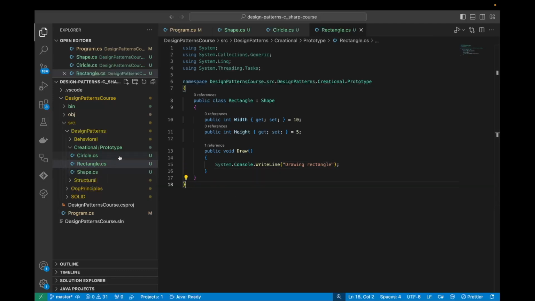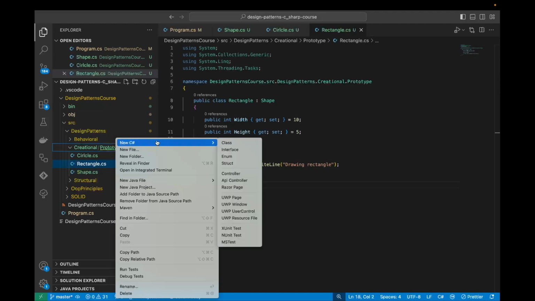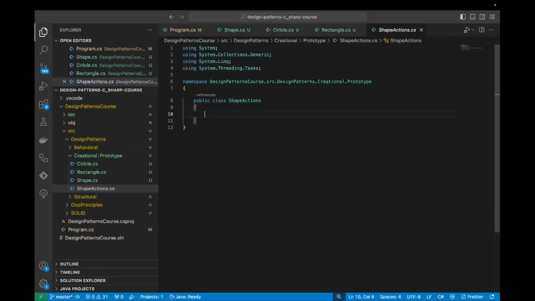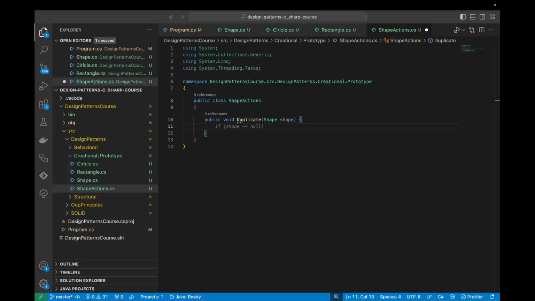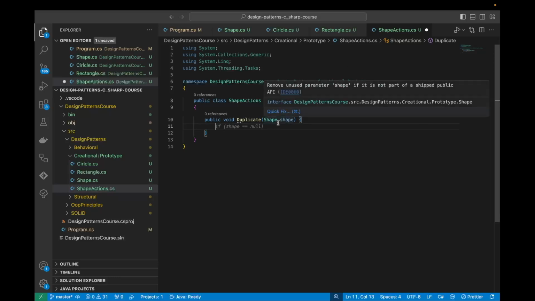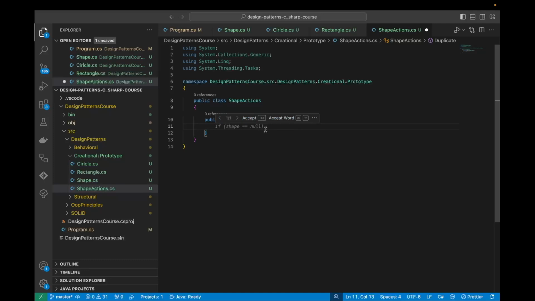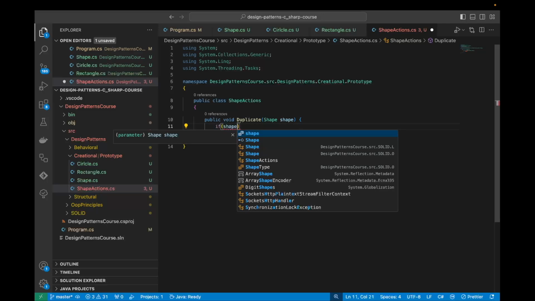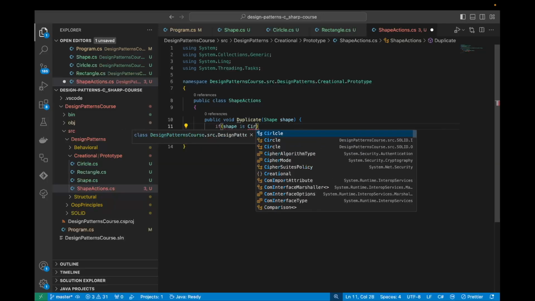So now we can create our shape actions class, which is going to depend on all of these concrete shapes. Okay, so let's create our duplicate method, which is going to accept a shape. So it has a shape parameter. Now in here what we need to do is duplicate any shape that's passed into the duplicate method. So first of all, we need to check what type of shape has been passed in. So we can say if shape is circle first of all,